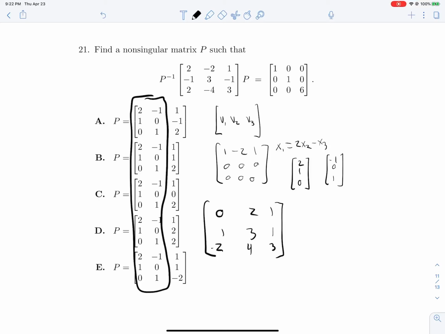Let's add 2 row 2's to row 3. That makes a 0 here, a 10 here, and a 5 here, so that's another 2, 1, which we can use row 1 to set to 0, 0. Set that to 0, 0, and then we can actually go and solve because we see that we have two